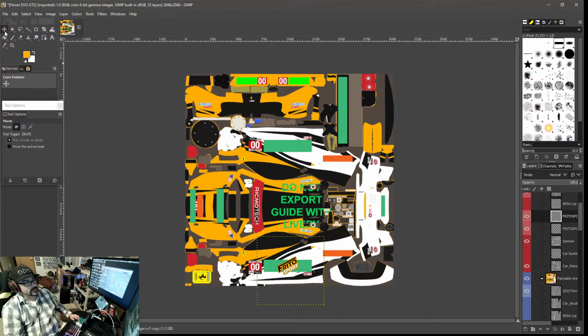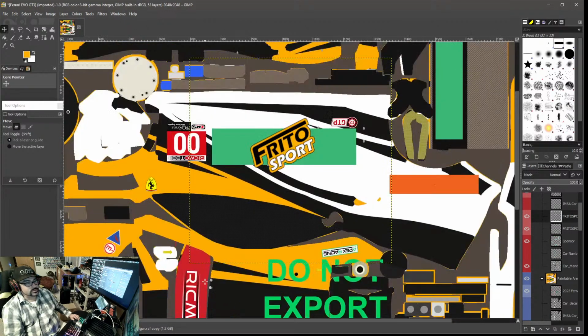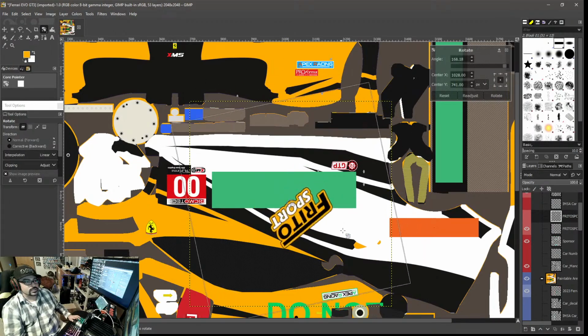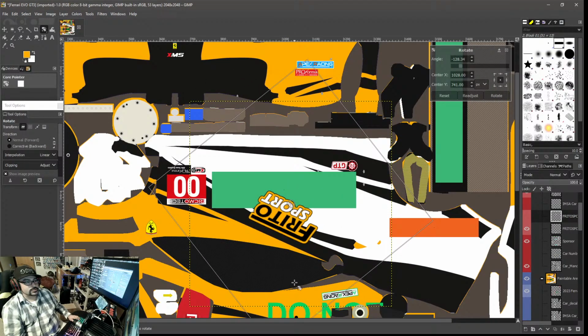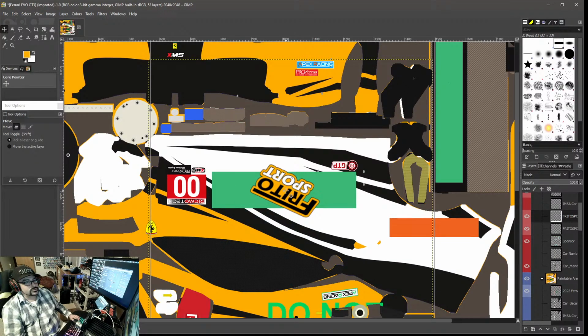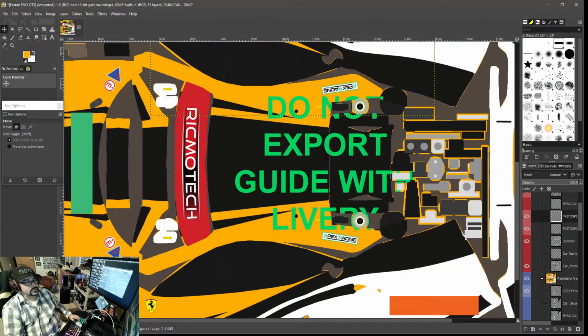I need to then go back and click the move tool, and we'll move this over here, and we'll go ahead and zoom back in to 100%. We'll come over here, and obviously we need to rotate it, so I'm going to press Shift and R, and we're going to rotate this kind of to where we think it should be, and then we'll move it into place and into accurate place. So I click rotate, move tool again, and now I can move this to where I think it needs to